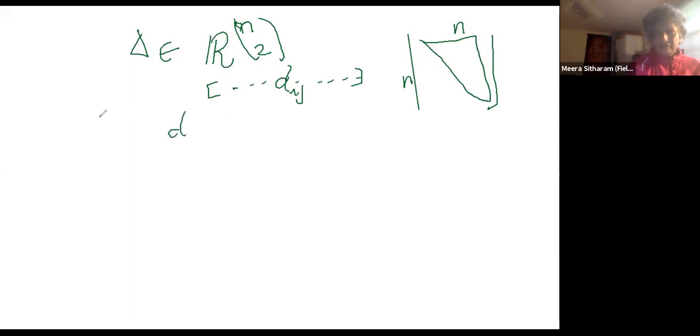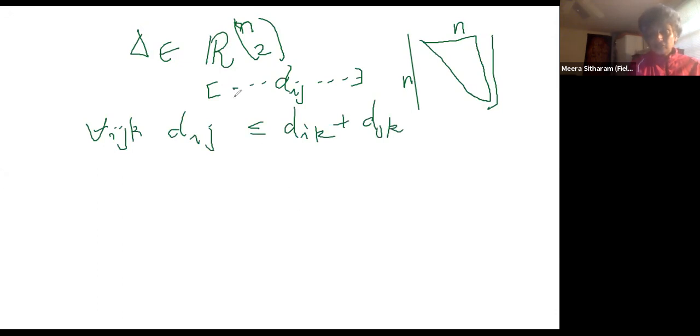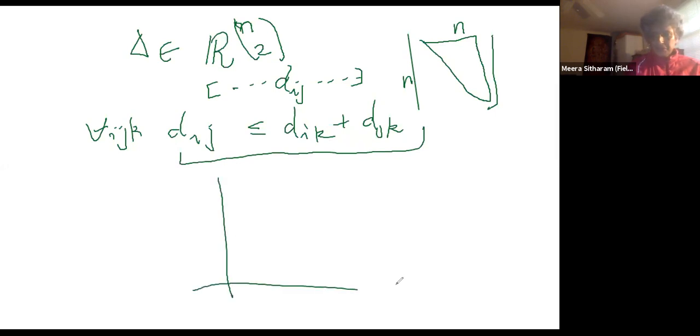So it's satisfying, for every i, j, k, as we wrote, dij is less than or equal to dik plus djk. It's satisfying all of these. So if you think of one such delta, it must lie on some side, one half, of the hyperplane in R to the n choose 2 defined by this inequality. As all the combinatorial optimization people in this class know, this is just going to be the intersection of a bunch of these half spaces. Because it's an intersection of a bunch of these half spaces, the set of all delta that we are thinking about